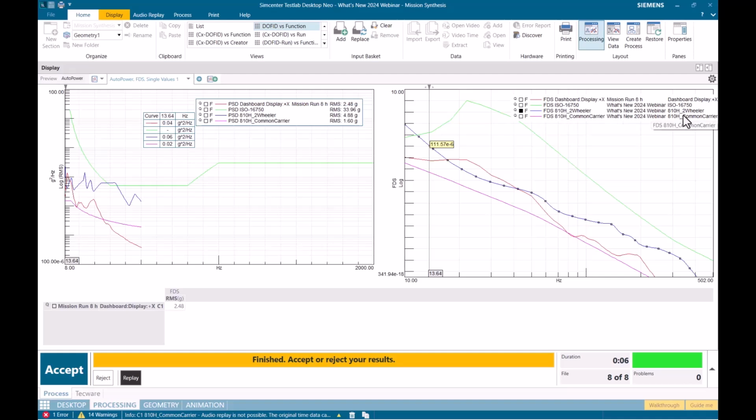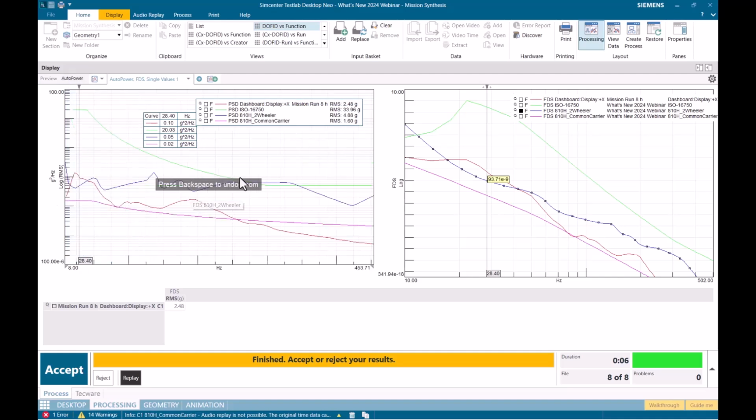I could also use this to say, okay, I'm looking at maybe this PSD from the two-wheeler standard here, and I can see at certain frequencies I am under-testing my component. So in this region here, from let's call it 20 hertz to 40 hertz, the FDS of the measured data is higher than the FDS of the standard, and that bears itself out as well if I were to look at the PSD shapes from my synthesized test.